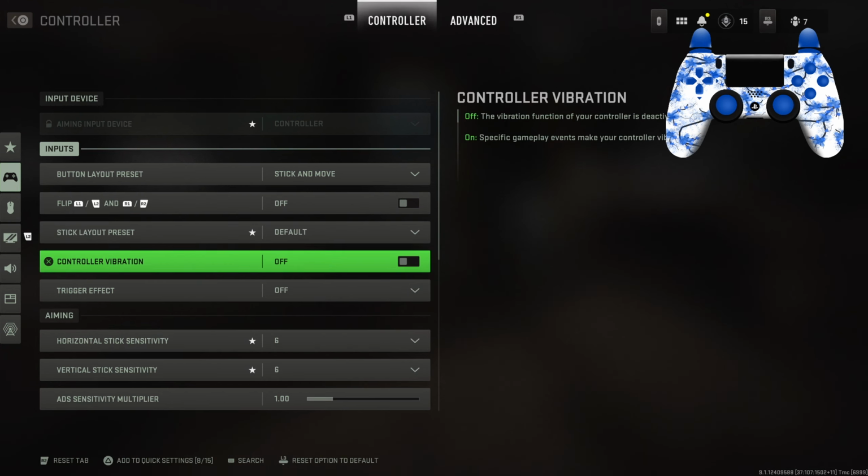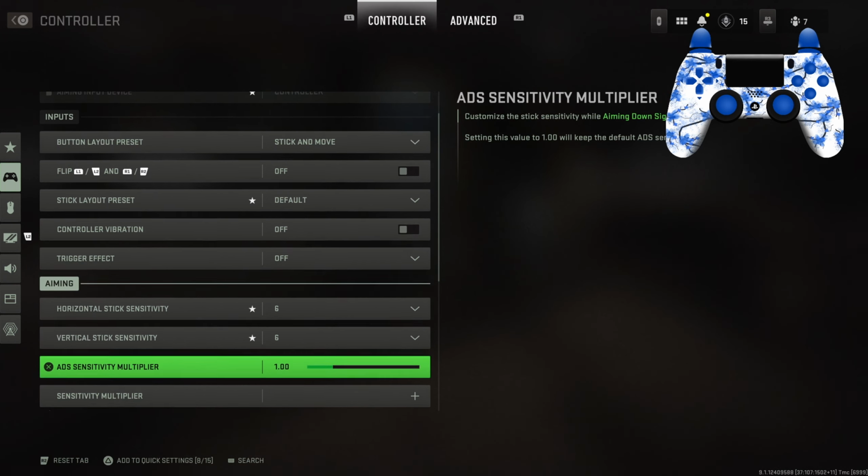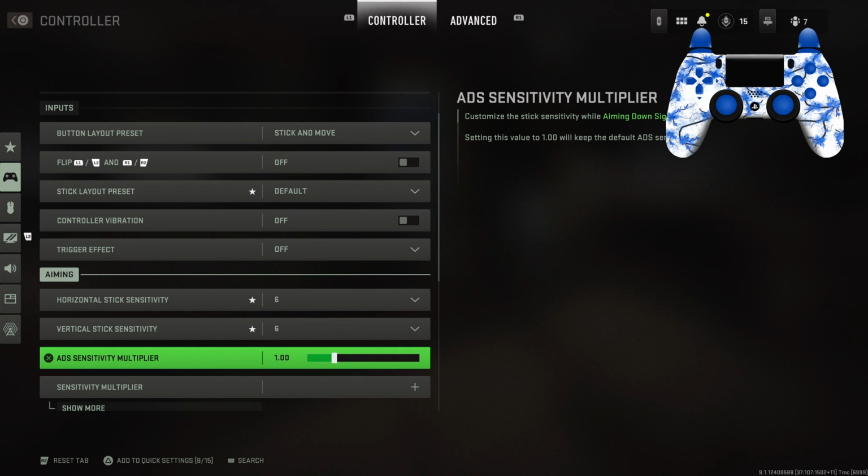Controller vibration, I have that off. Trigger effect, I have that off, because it's going to give you the trigger vibration where it bounces up and down. If I get bored, I might use that setting because it's a fun thing to mess around with, but not to use all the time, so definitely turn that off. Sensitivity, already went over this. ADS multiplier, sensitivity multiplier,